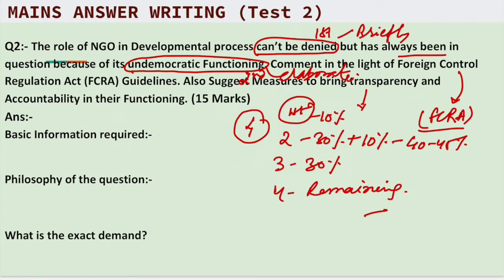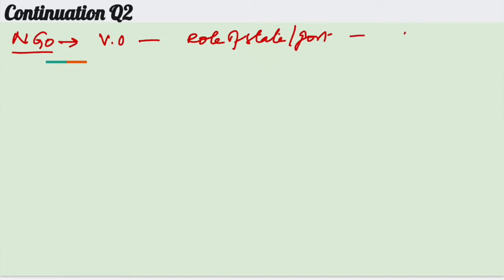Okay. Now we will move into what the exact demand is. What I feel is that most aspirants have problems introducing such a simple question, that is, how can I introduce my question on NGO. Now I am giving you a ready-made introduction which can be used in any question asked on NGO. Understood? So now you can say that NGO is a voluntary organization that supplements the role of the state. Here you can also say the role of government, in order to achieve the welfare state enshrined in the DPSP